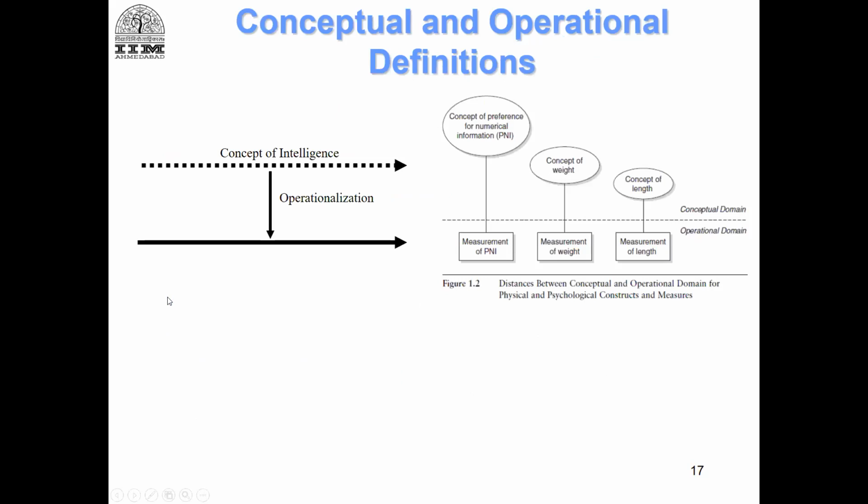So this can be another reason why there is always a tendency of measurement errors to be there in our measures. So we come back to the same diagram concept, which is the dotted line, the solid line, which is the operationalized construct, that means the measure. And what this right side picture is showing is the greater the abstractness of the construct. Okay, so you see length and measurement of length, there is not much of a difference. Weight and measurement of weight. But the moment you talk about preference, perceptions, attitudes, the measurement errors are larger when we talk about attitudinal behavioral